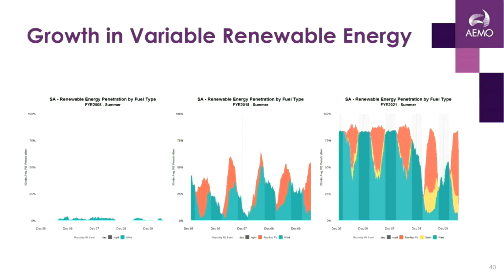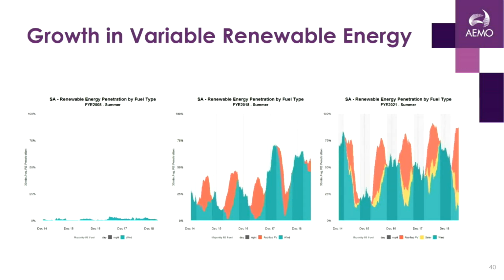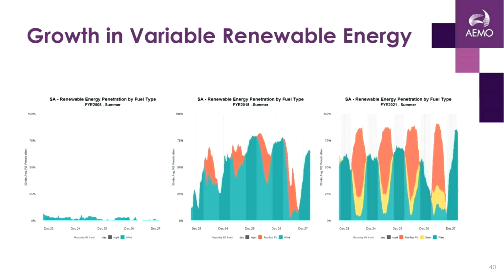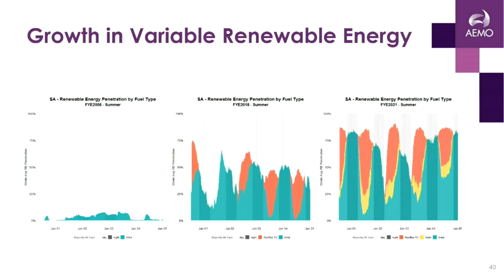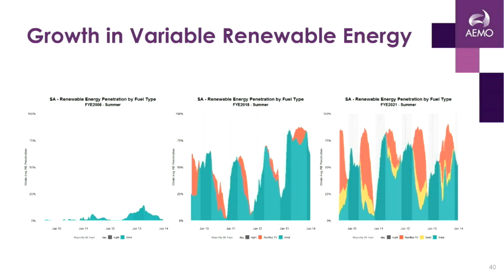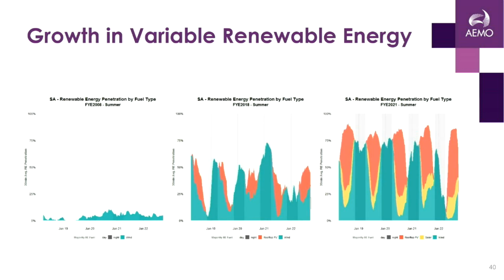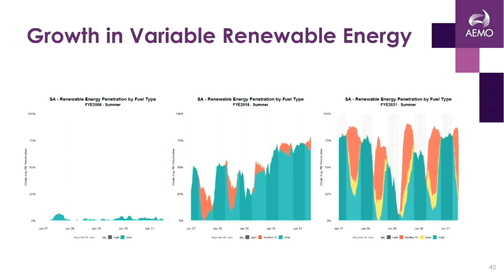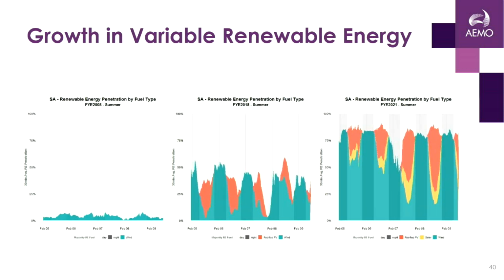This little GIF, or GIF, if you're that way inclined, shows the evolution in the penetration of renewable energy in South Australia. So 2008, you can see really low penetration on the vertical axis, around about 12%, and it's all wind. Skip forward only 10 years to 2018, and you can see that wind has grown massively, backed up with a fair chunk of rooftop PV, and it's happily hitting 75% penetration in South Australia, but it also ramps down